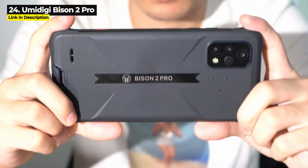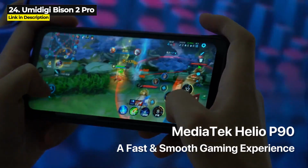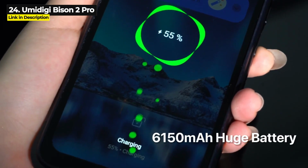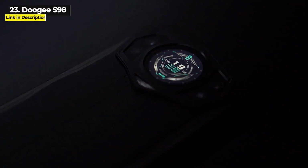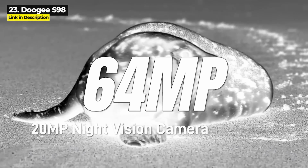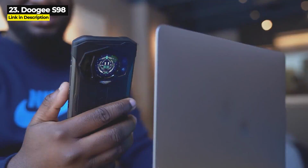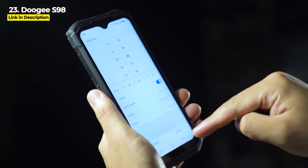Number 24, the Umidigi Bison 2 Pro. Same as the Bison 2, but this has 8GB of RAM and 256GB of internal storage. And it has a higher resolution of 2400 by 1080. Number 23, the Doogee S98. This has got a night vision camera and a 64 megapixel main camera. It is dual screen, it's got 8GB of RAM, 256GB of internal storage, and it has higher resolution of 1080